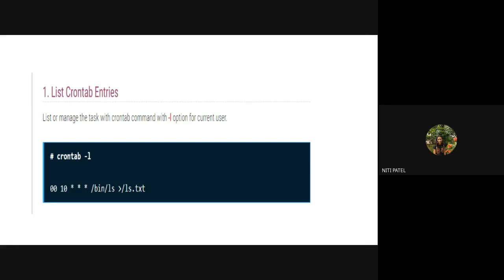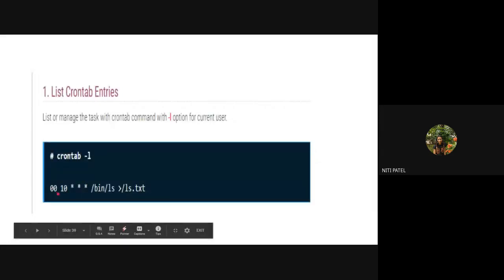So if I say only ls, it will list me all the files that are there inside the folder, inside the system. But now I am using this l with crontab. So what will it show me? Only the list of all the crontab commands executed by the root user. So when I execute this, I get to see this output.